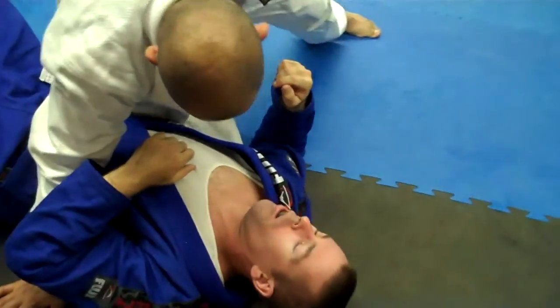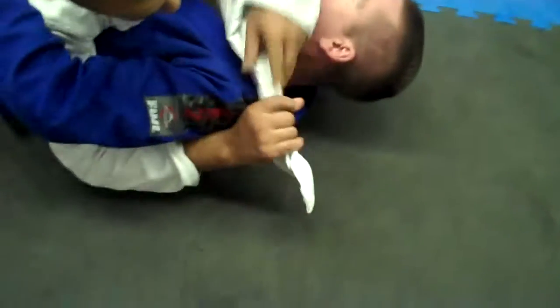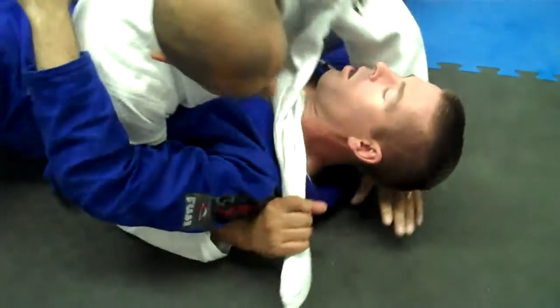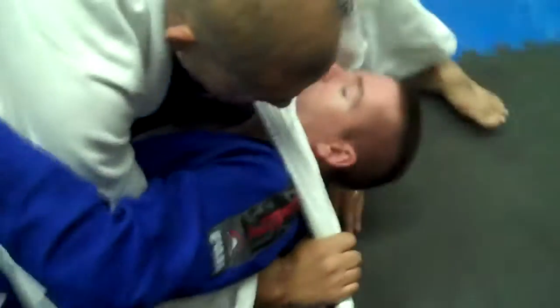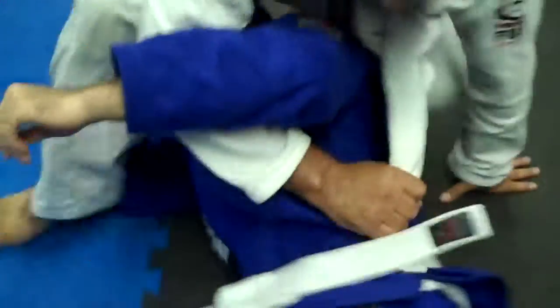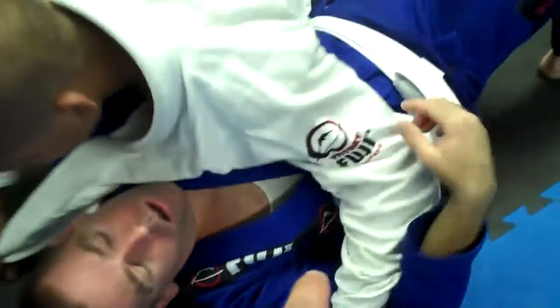Okay. All right. So Martin, how the choke's going to work? Martin catches from here when he goes knee to belly. So once Martin goes knee to belly, originally he was using his far side lapel across the far side of Wes's body. But when Martin walks around the head, now it becomes Martin's inside lapel. So this is where the false sense of security comes in, because Martin doesn't have the underhook